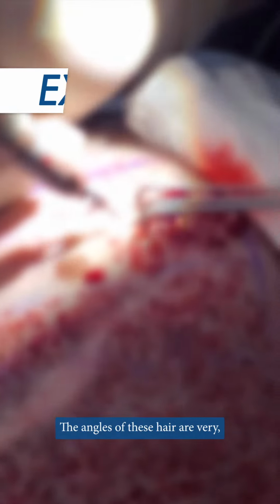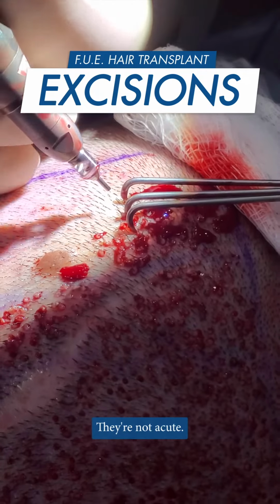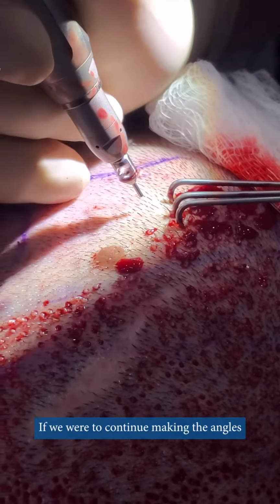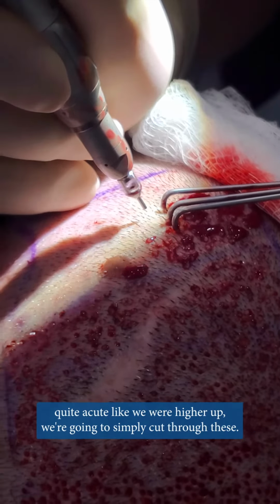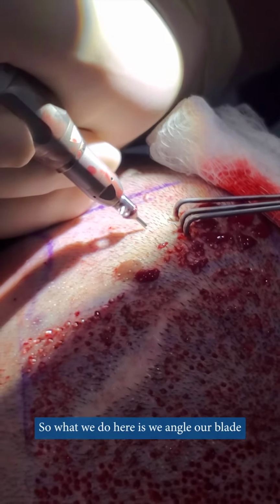Now look at this, this is very interesting. Here, the angles of these hairs are very shallow. They're not acute, they're very shallow. So if we were to continue making the angles quite acute like we were higher up, we're going to simply cut through these. So what we do here is we angle our blade